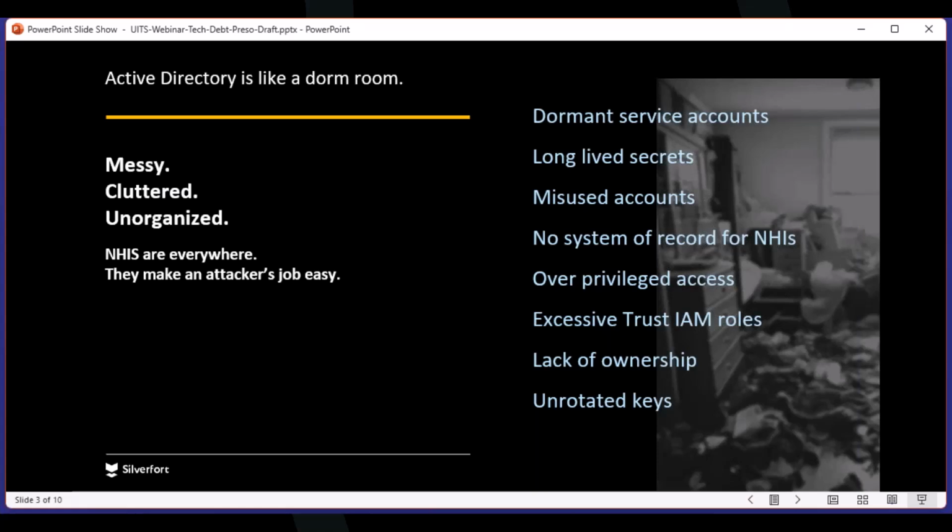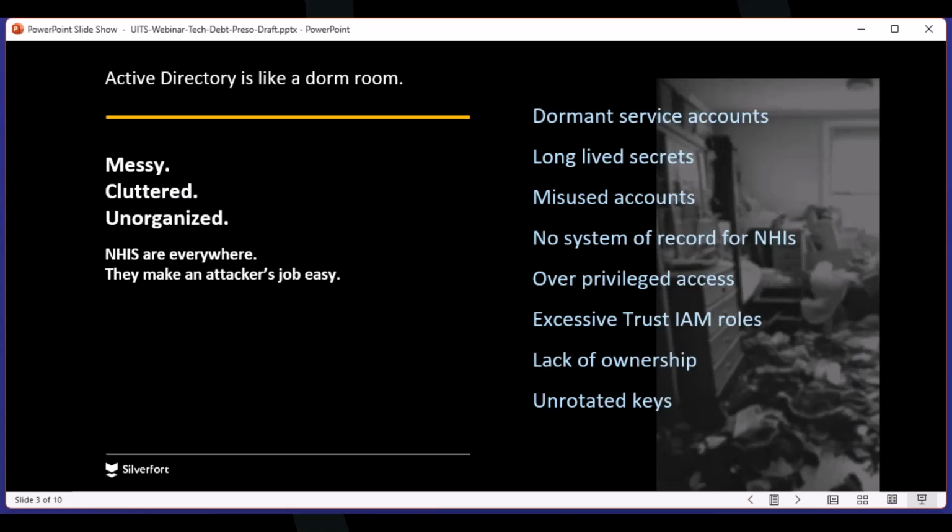There's the notion of misused accounts. This is the idea that you have a service account that's logging on interactively, for example, or a shared account that is being used as administrative, or on the flip side of that, a human account that's being used as a service account. Probably those of us that have been around a long time have known many folks in your environments to use their own accounts in scripts in other areas that would be better designed for a service account. They leave the company, the account gets disabled because you do have life cycle related to your workforce identities, and things break. So those are examples of what we would see related to misused accounts.